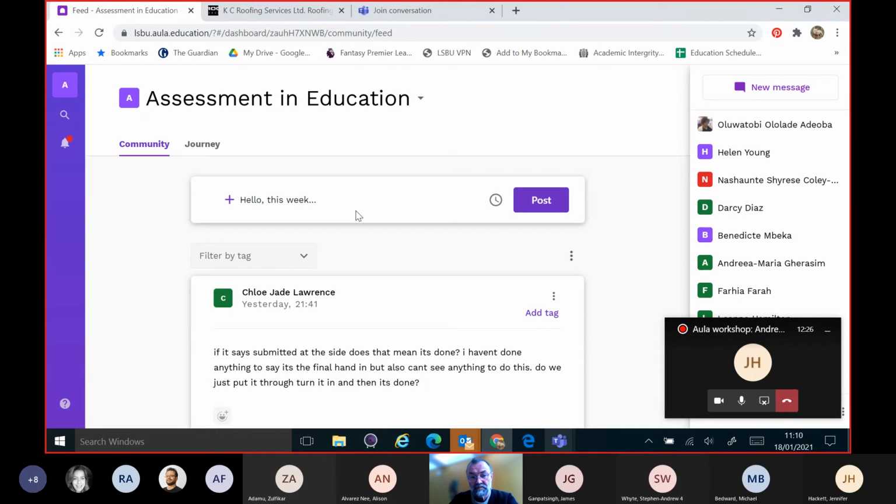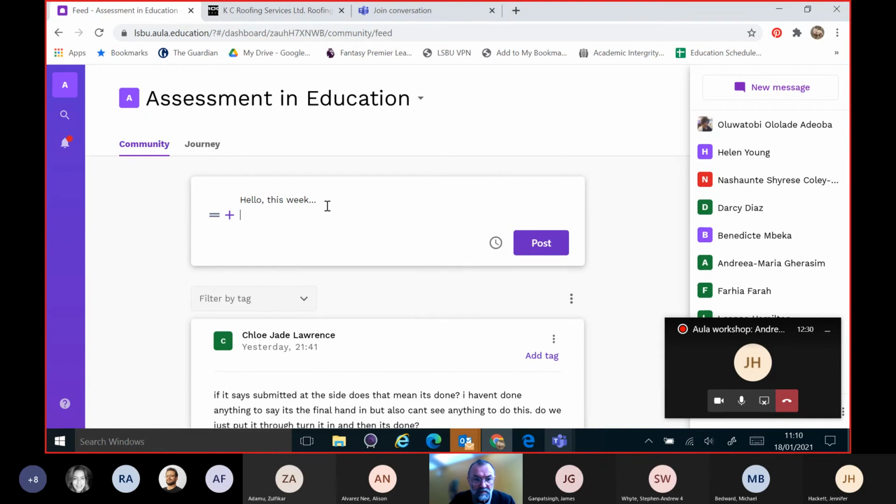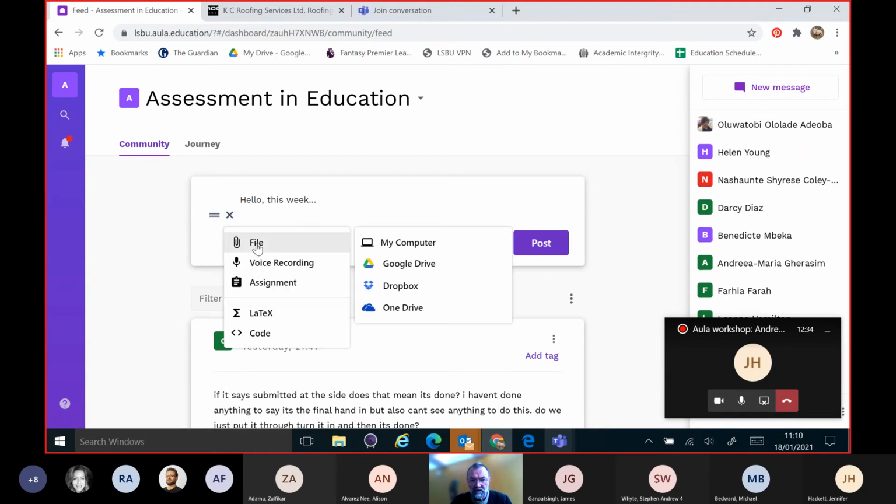If you want to add something else, you get these options with these little kind of pluses here. Let me just go down a bit here. So if I press on the plus, it gives me some options there. So I can upload files from my computer. I can add a voice recording. That's a link to assignments. I'll look at that a bit later on. That's code if you're inserting code from